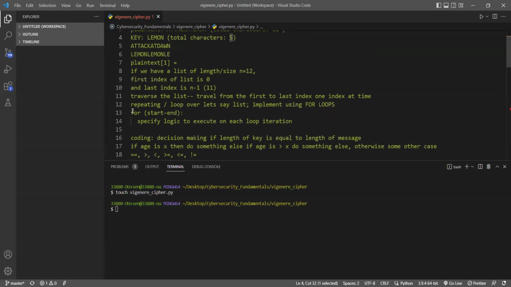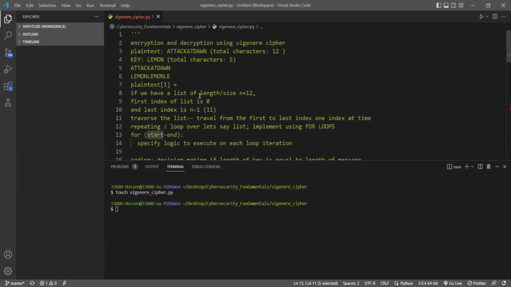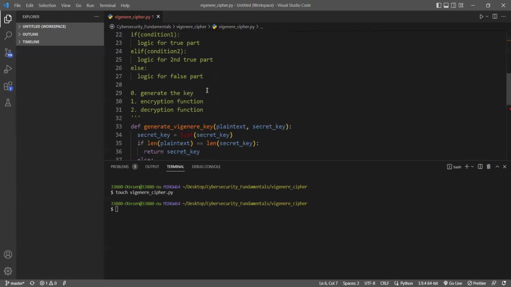So if we have a repeating action, then we need to perform this for loop here, where the start will be the 0th index and the end will be the difference between 12 minus 5, which in this particular example will be 7, right? So we will repeat the operation 7 times. And what operation do we want to repeat? We want to take the first character and then append it to the end of the secret key and then repeat the operation until we have completed the desired number of steps. So to implement that,